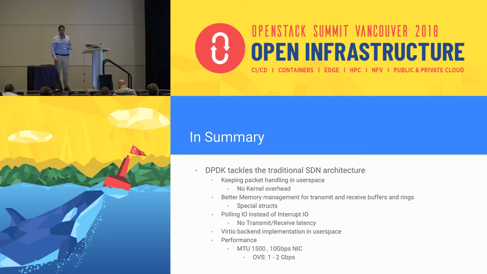On regular OVS, you can achieve something between 1 gig and 2 gig for speed and throughput. For OVS DPDK, you can get somewhere between 4 and 9, depending on how you tune your system. But basically the idea is that by default, you will get better performance from OVS DPDK because you're